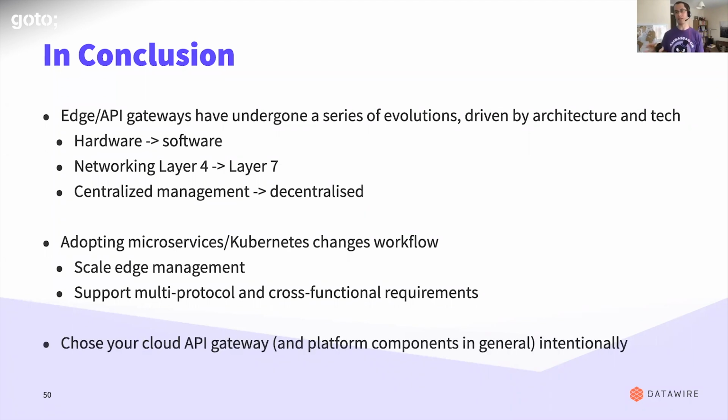And the meta message here, now I've talked a lot about cloud API gateways, but the meta message is really do design your platform intentionally. If you're releasing web-based software and many other forms of software, you have a platform, whether you realize it or not. Kubernetes is a fantastic foundation of the platform, but you often have to layer other things on top for it to be a fully functional platform-like experience, a PaaS-like experience.